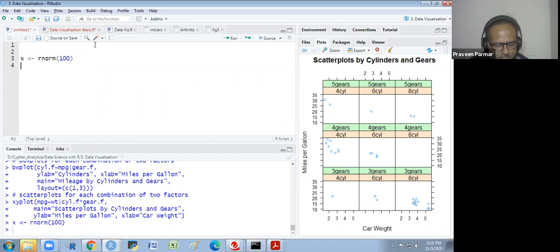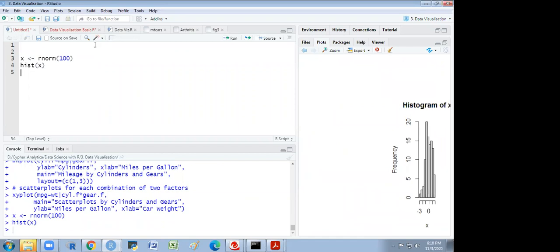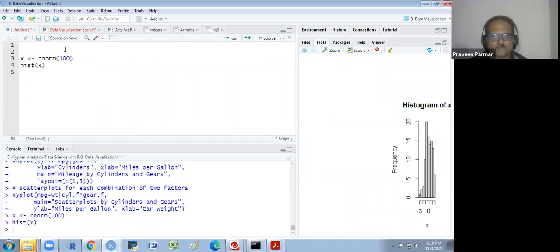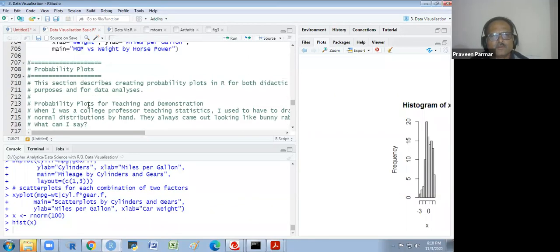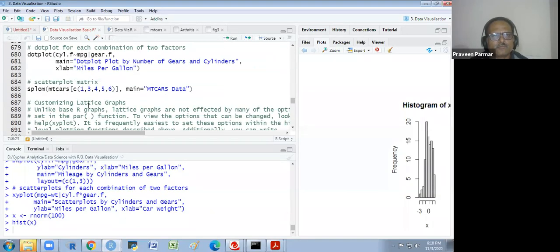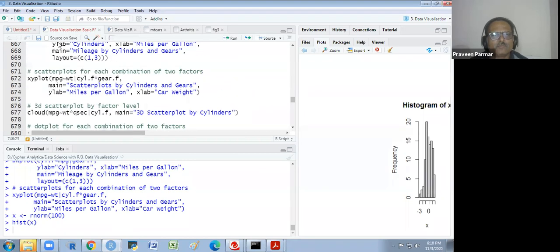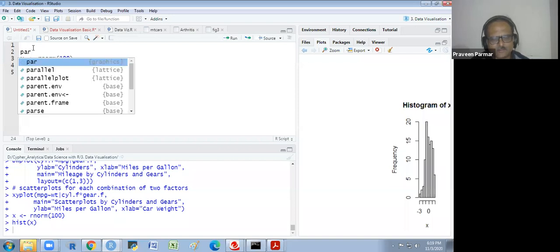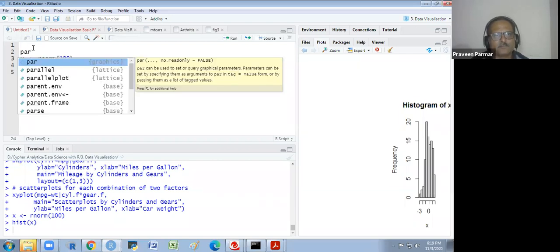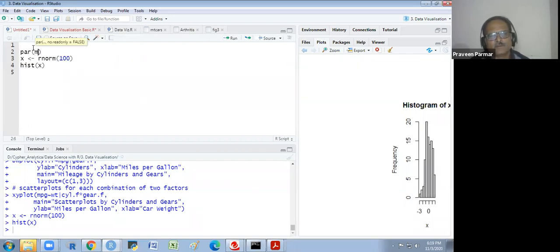If I run this, I give some name to this, X, and I will show you the histogram of this.